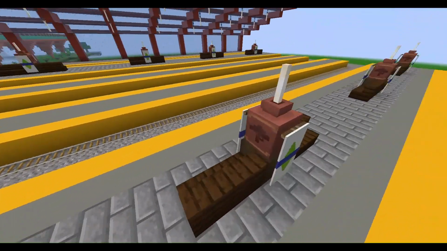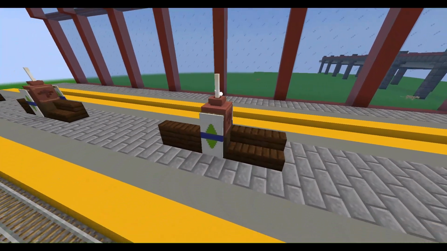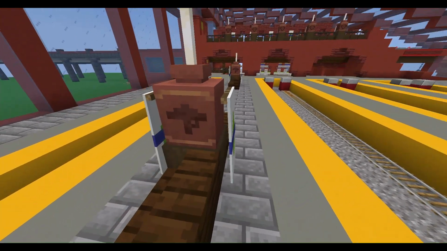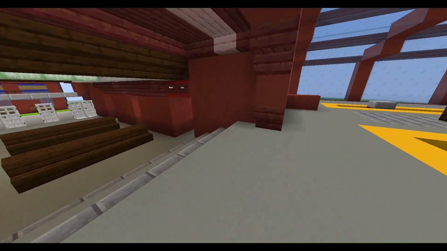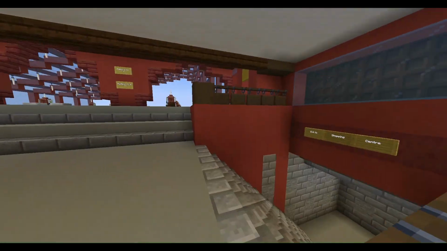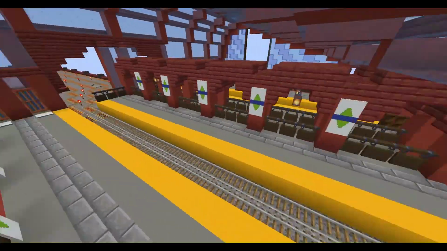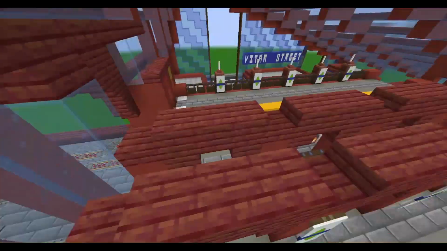Oh, also I've used decorated pots for the roundels here as well. I've done some different designs though. I've also just put some benches here for waiting, and so essentially, right, these middle platforms here for the express